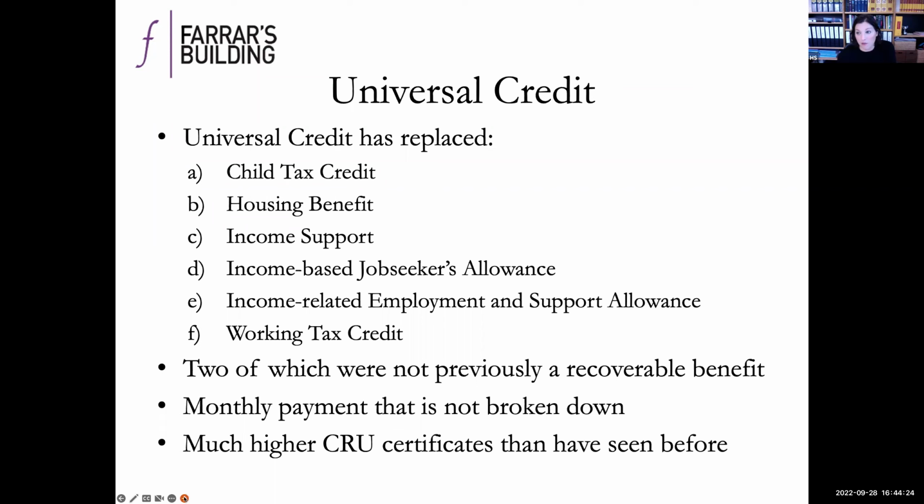The other 4 benefits that it replaces are benefits that you would have historically seen on certificates, and they are ones that supplement or replace earnings. So they're the ones we're used to seeing, but actually the addition of child tax credit and housing benefit into the same lump sum means that these monthly sums are much more than we're talking about previously. And